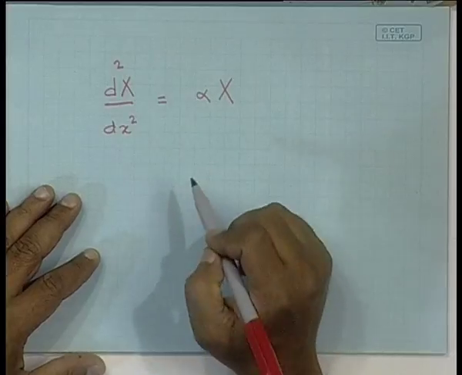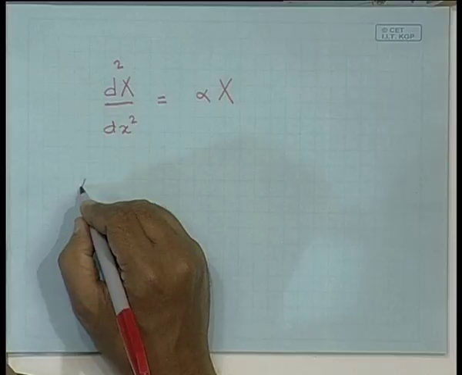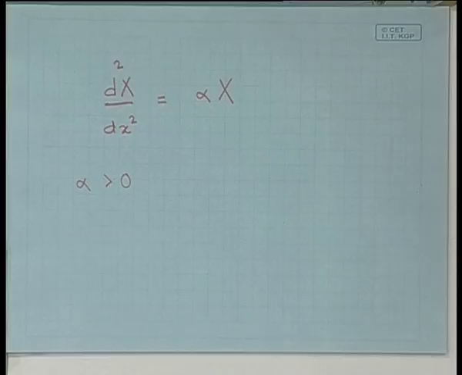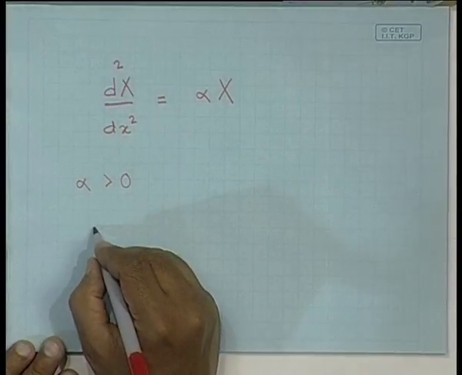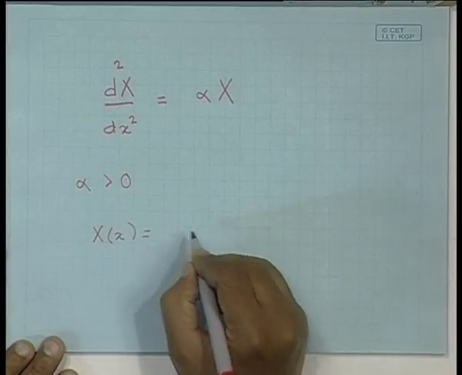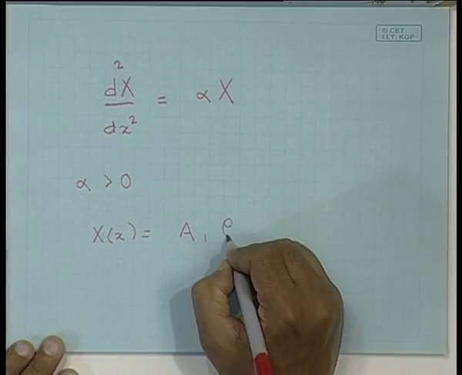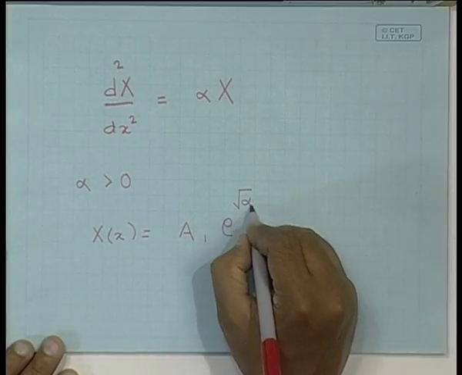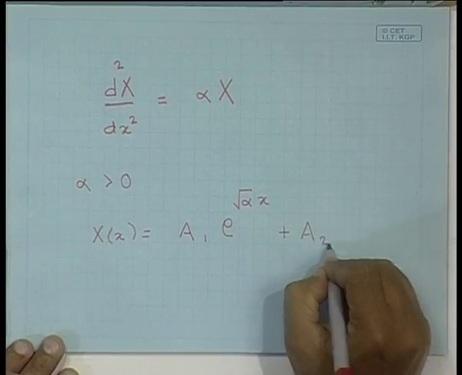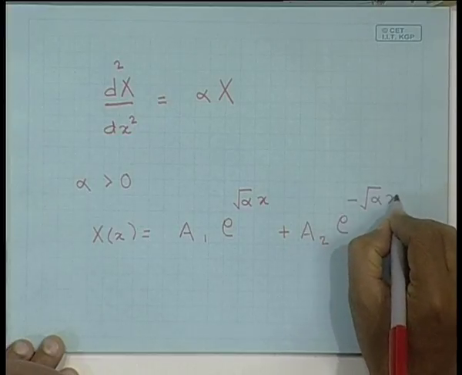So, this is the ordinary differential equation that we are trying to solve, and if this constant alpha is greater than 0, then we can write down the solution. The solution is some constant which I will call a1 e to the power square root of alpha x plus a2